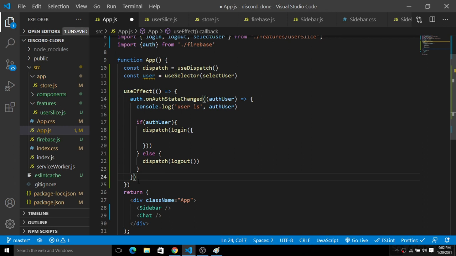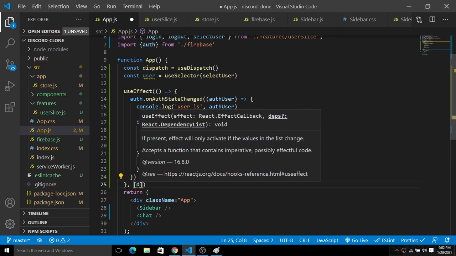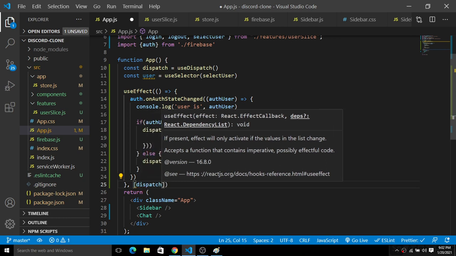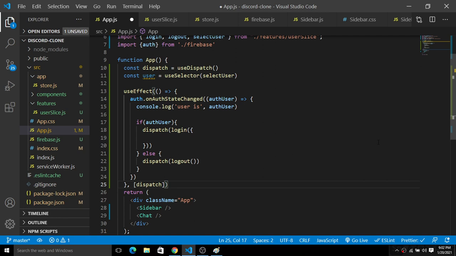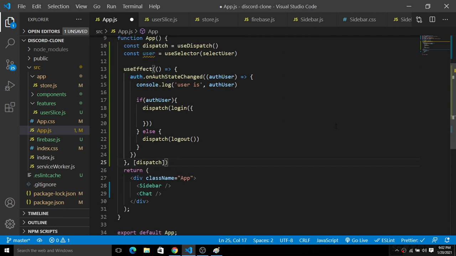Next, this useEffect will depend on the dispatch here. So it will simply depend on the dispatch for each and every user. For a different user, it is going to run for that user at that time. So useEffect is a very powerful hook. We have this useEffect, and it will simply depend on the dispatch. So when we have a different user, it will throw a different username, which means this useEffect will run for that user once in a lifetime. Got it? Next, we have this.